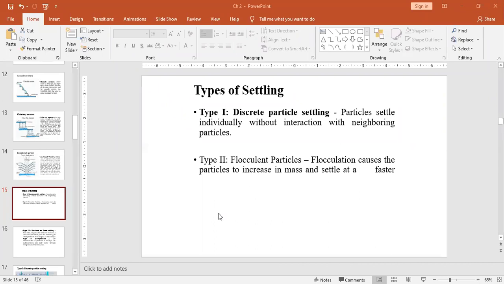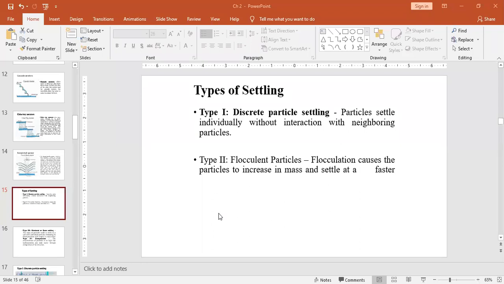For sedimentation, we can say it is a solid separation theory. In this sedimentation, there is removal of suspended particles by using gravitational settling. In a tank, you can take water, and that amount of water will be allowed to settle for some time, which means we are permitting the solids to settle down.